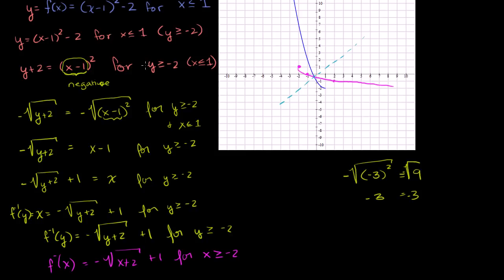This is about as hard of an inverse problem as I expect you to see, especially in a pre-calculus class, because it really is tricky to realize that you have to take the negative square root here. Because of the way our domain was constrained, this value right here is going to be negative. So to solve for it, you want to have the negative square root.